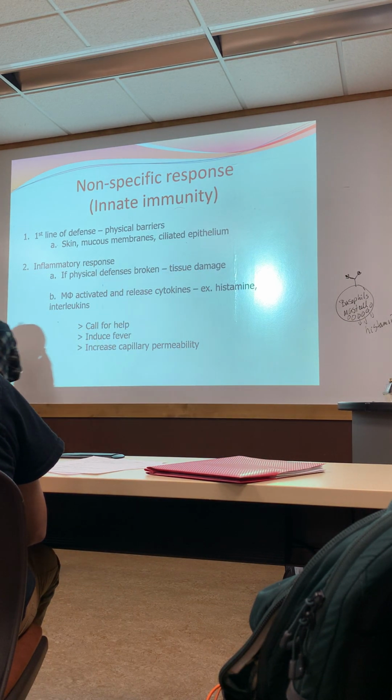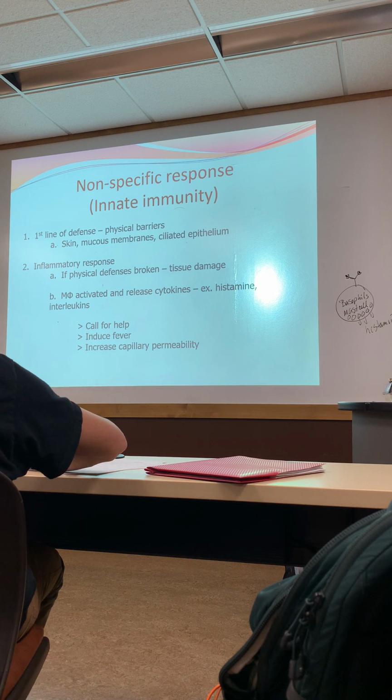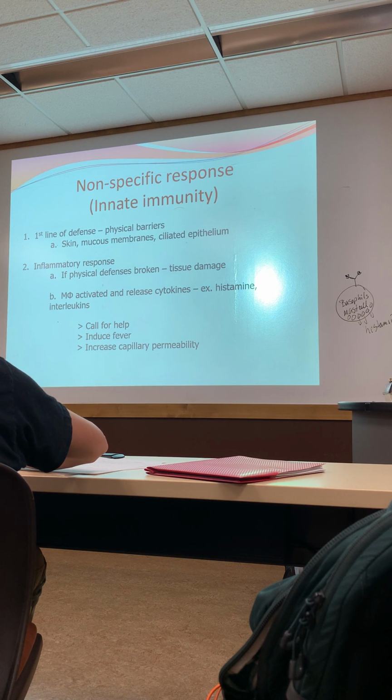There's a slide in micro that I like, so I'm going to replicate it here. The immune system is divided into two sides. The non-specific side, which is called innate immunity. We've got a specific side, which is known as acquired or adaptive. I like to use non-specific and specific because it helps me remember what we're dealing with.